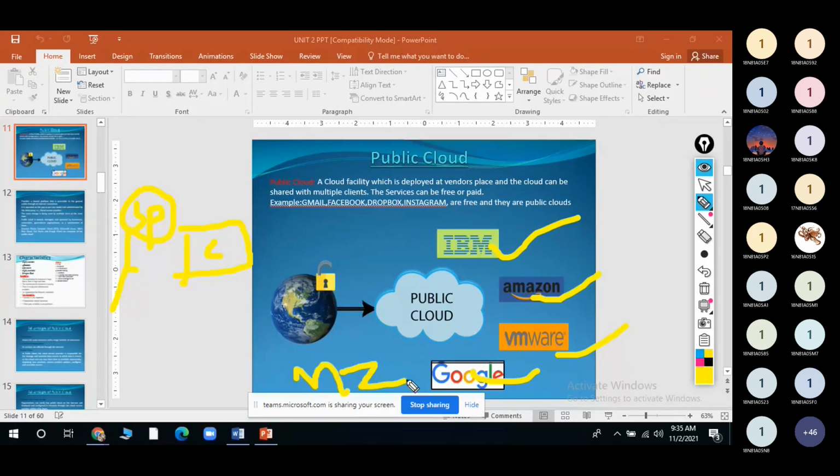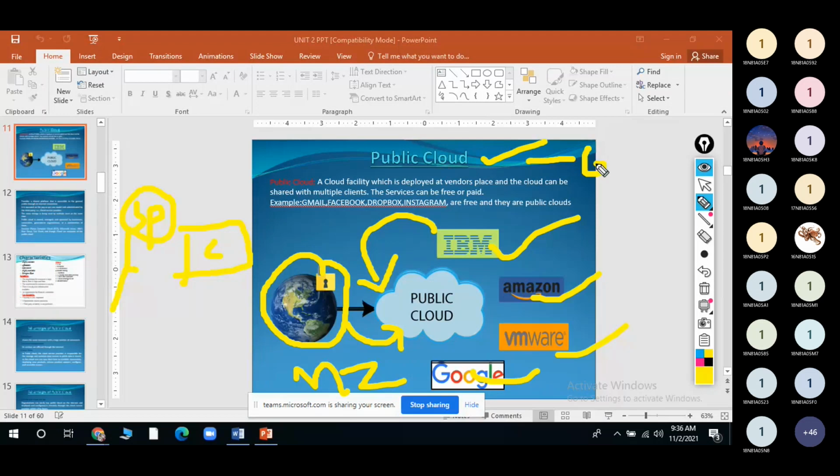These all are the vendor service providers. They will be providing their services to the cloud. With the help of the service providers, all of us will be utilizing the services from this cloud. That's why we say that public cloud provides services to the general public. That is the first point.